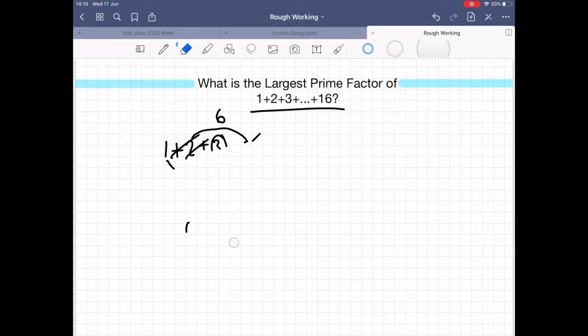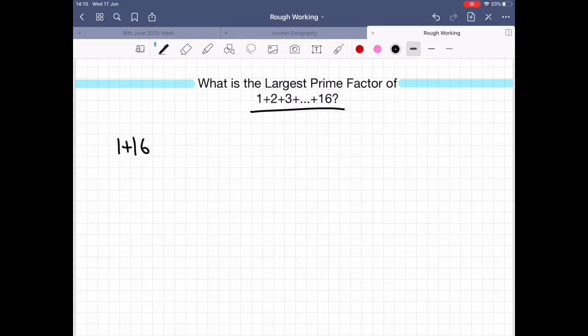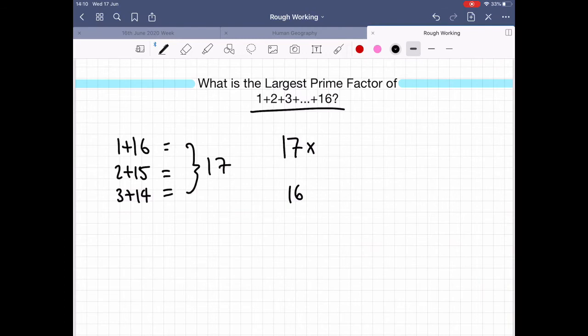let's do that for this case, because we don't want to add it individually up to 16. Whilst it isn't that bad, it's just going to be quicker this way. So 1 plus 16, 2 plus 15, 3 plus 14, and so on. They all equal 17. So we can put down 17. And now let's find out how many times it appears. So there's 16 numbers here. And because there's an even amount, it means there's going to be